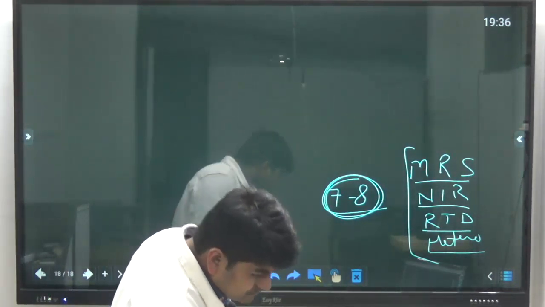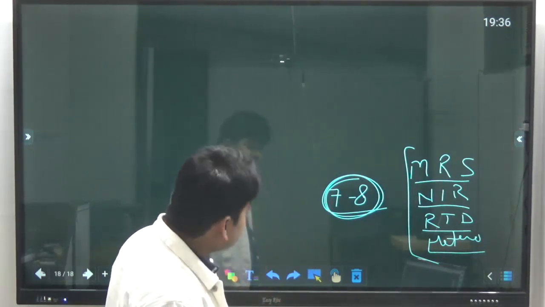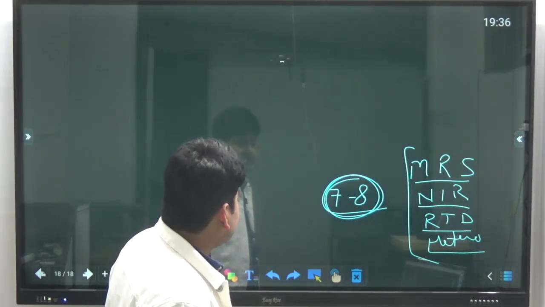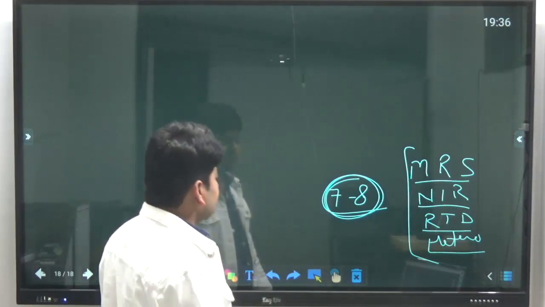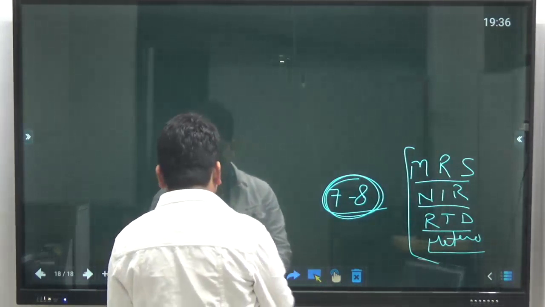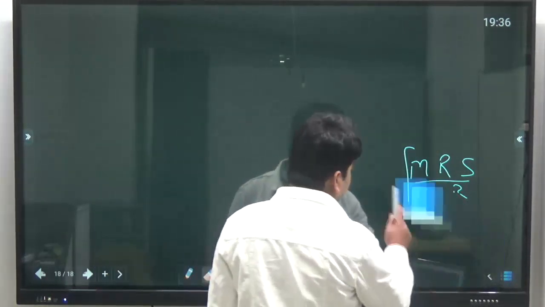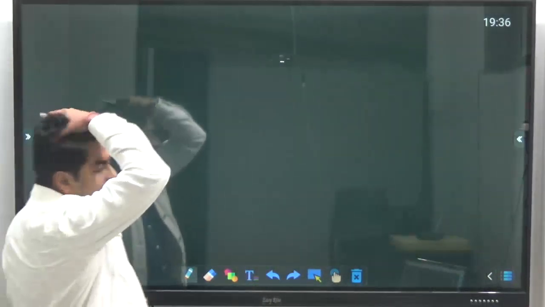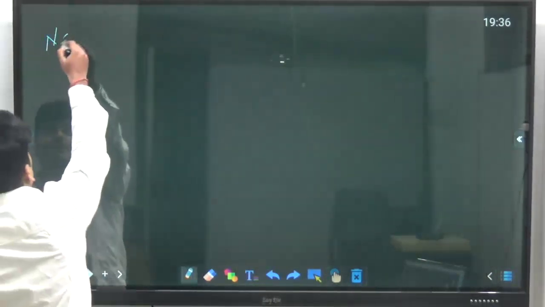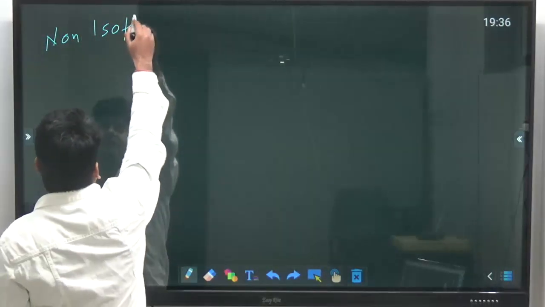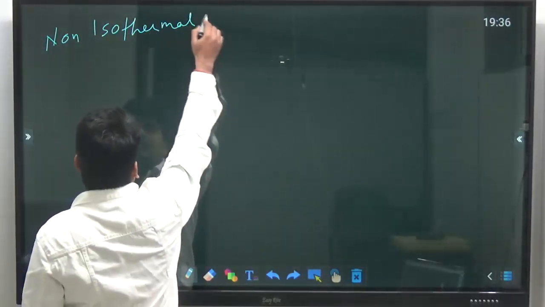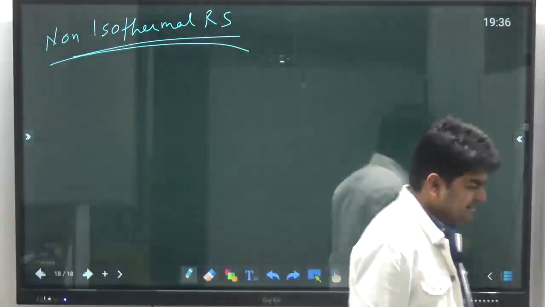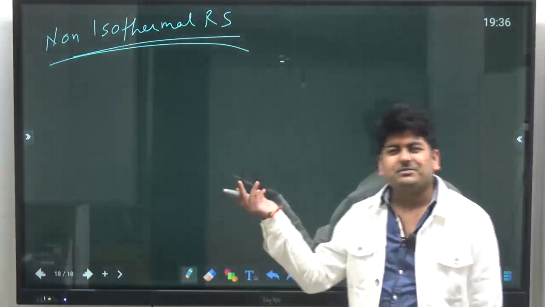नेक्स्ट क्लास, NIR बोले तो नॉन आइसोथर्मल। चलो इसके बारे में कुछ बातें कर लेते हैं, कुछ बातें कल करेंगे अगर टाइम बन गया तो, पूरा ही कर लेंगे, नहीं तो कल करेंगे। नॉन आइसोथर्मल रिएक्टर सिस्टम, रिएक्शन सिस्टम, कुछ भी बोल लो एक ही बात है, कोई फर्क नहीं पड़ता। और अदरवाइज यू कैन से